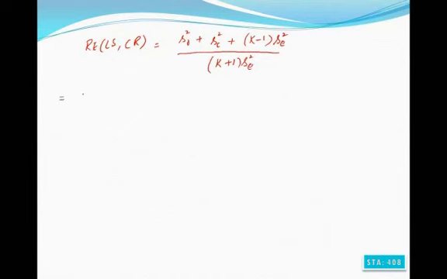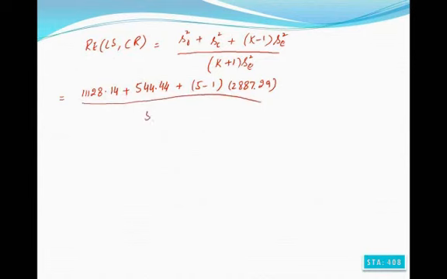Put the values in the formula. SR square is 1128.14 plus 544.44 plus 5 minus 1 times SE square, which is 2887.29, and its divisor is 5 plus 1 times 2887.29. By solving this, you will get the answer